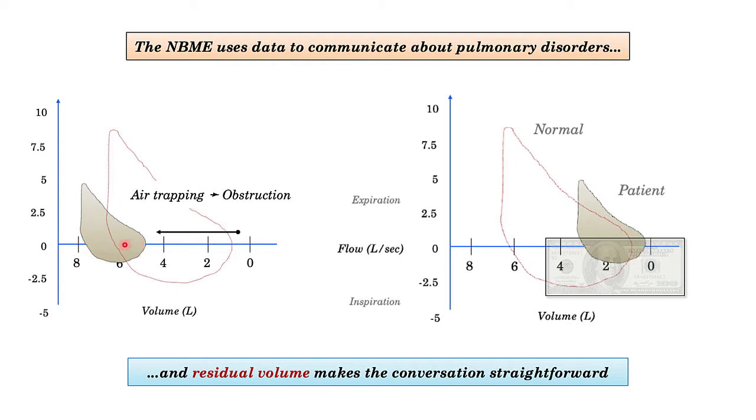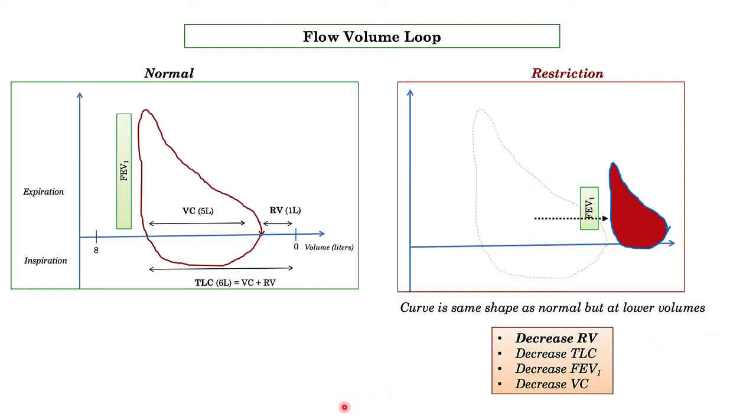If you compare that with an obstructive flow volume loop, you can see the residual volume increasing, as is the total lung capacity. So if you just focus on the residual volume, you'll have no problem making distinctions between restrictive and obstructive curves. In terms of what the flow volume loop shows, it's much more than just the residual volume,